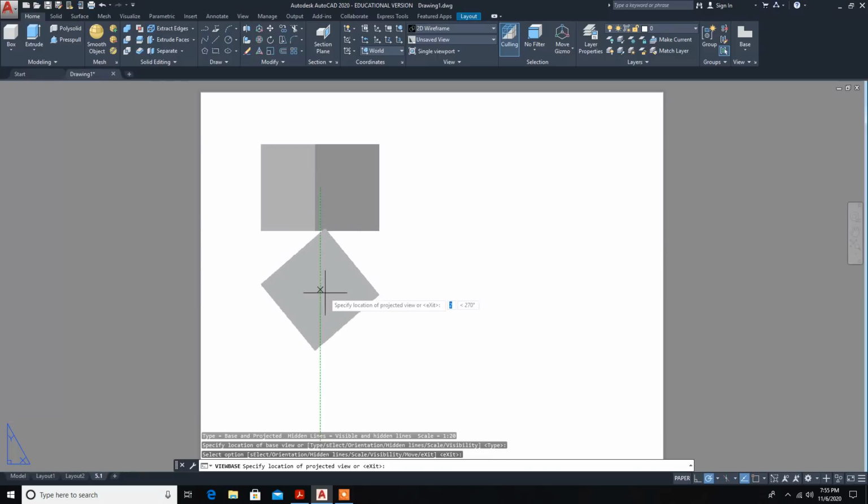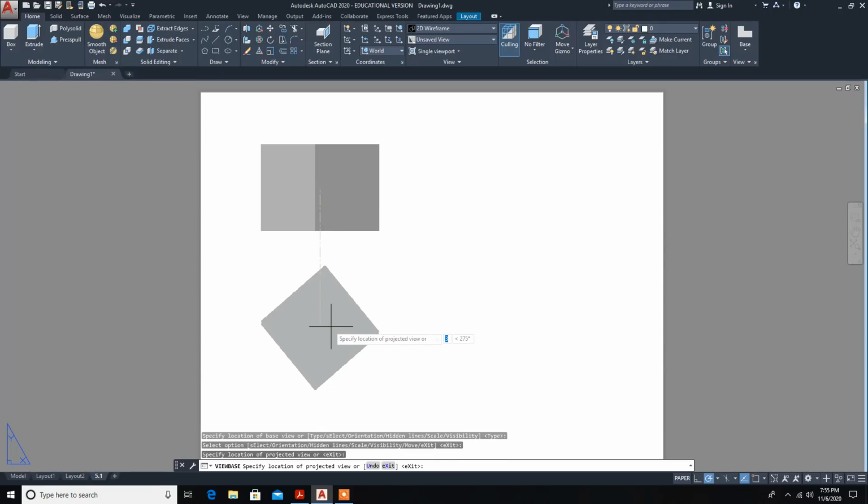Now when you bring it down, this is the front view which is created. When you press here, the top view is created. Next, when you move this cursor towards the right, the side view will be created. But for this answer, two views are sufficient. For a cube, for this particular answer, all the specifications can be marked in the front view as well as the top view. There is no need for the side view.